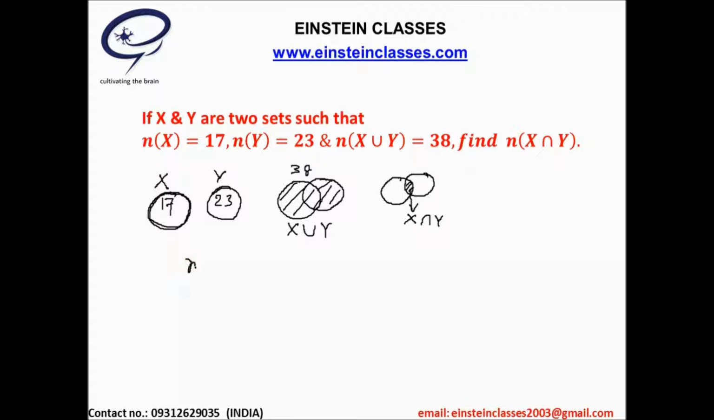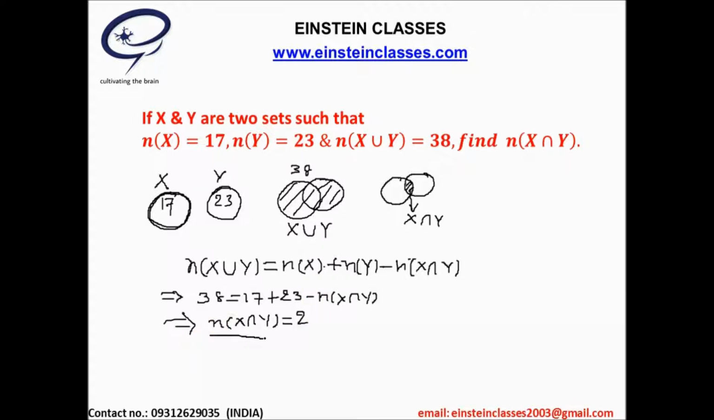Hence we can write that the number of elements of X union Y will be equal to the number of elements in set X plus the number of elements in set Y minus the number of elements in the common part of sets X and Y. That means X intersection Y. As the total number of elements in X union Y is 38, this will be equal to the number of elements in set X, which is 17, plus the number of elements in set Y, which is 23, minus the number of elements in the set X intersection Y. From very basic calculation, you can get